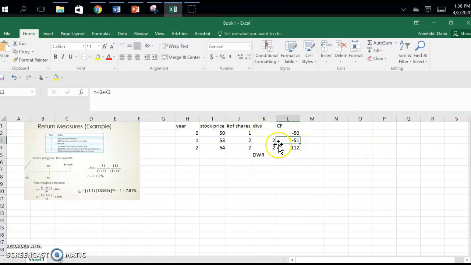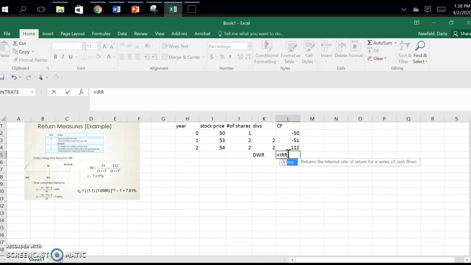Then in year 2, you decide to sell both shares of the stock where the share price is $54 after receiving $2 in dividends per share. So this is your positive share price times 2 shares plus your dividends times those 2 shares where you sell everything off. Now I have the cash flows in each year, and I'm going to use the IRR function to